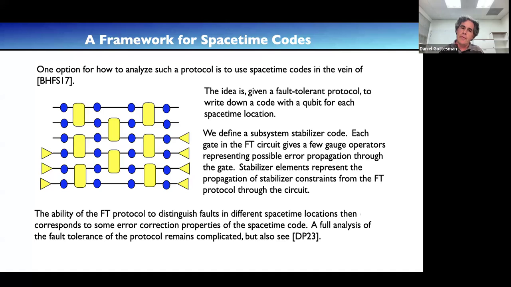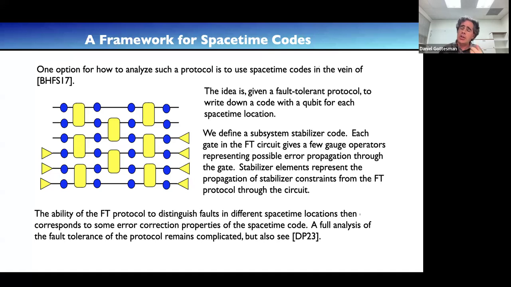And so the physical qubits of the space-time code are labeled by both a time and a qubit location in the original circuit. And so you have all of these qubits. So you have many, many more qubits in the space-time code than you actually have in the circuit.